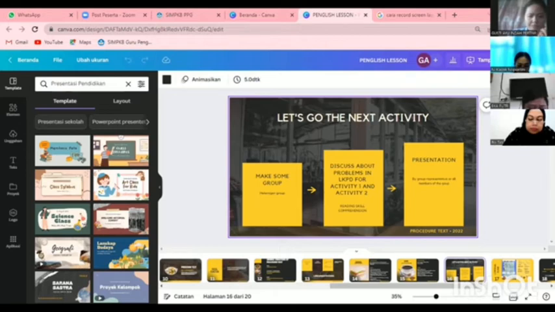Okay. For activity 1, students, you have to analyze and complete the table below based on the text. And text 1 is for groups 1 and 3, and text 2 for groups 2 and 4. That's for activity 1. And next, for activity 2, you have to rearrange the jumbled generic structure below into a good procedure text. Yes?